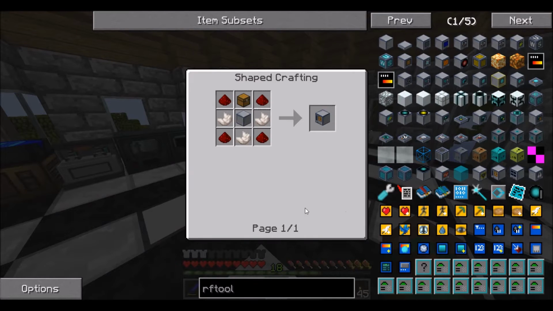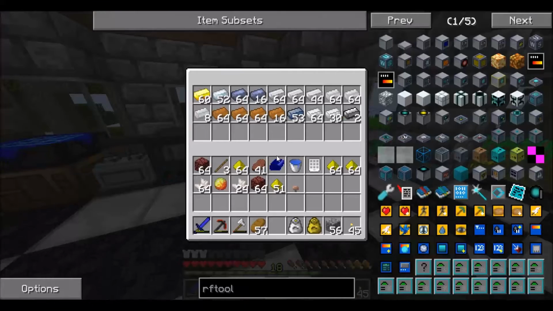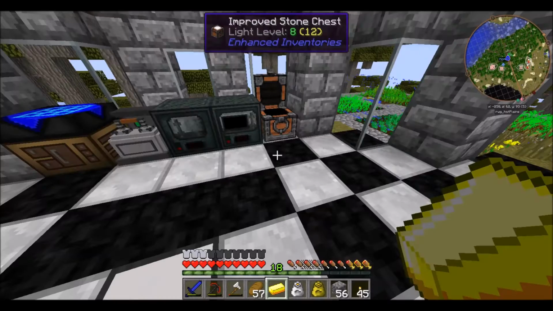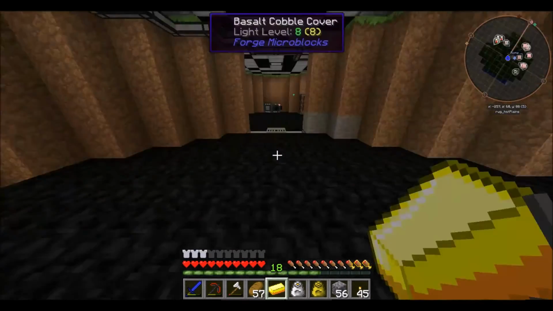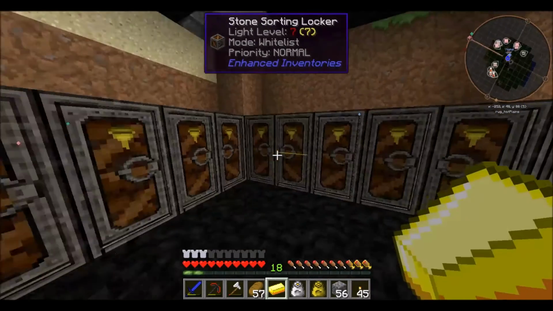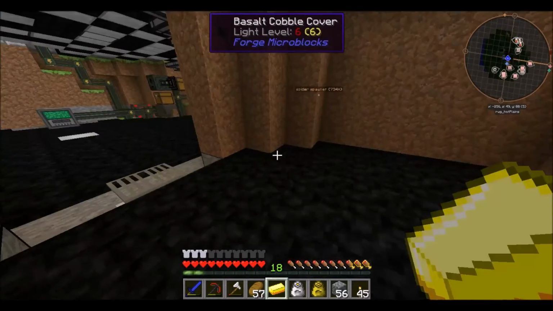Modular storage. How do we make this? So we need 3 nether quartz, a machine casing. Okay, so let's do the machine casing first. So 4 iron, 2 lapis, and gold nuggets. Okay, so 4 iron. Gonna have to go downstairs real quick and grab some lapis. I think it's here. Okay. 2 lapis. We really need a...